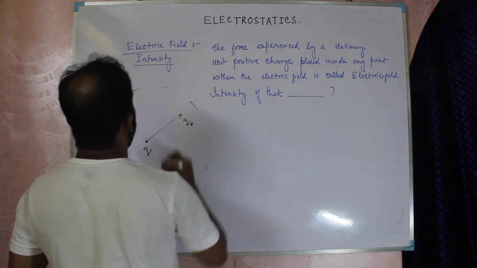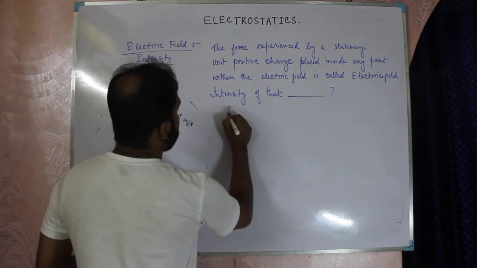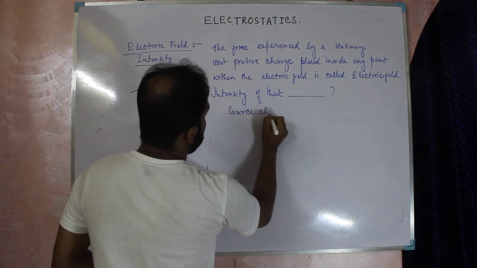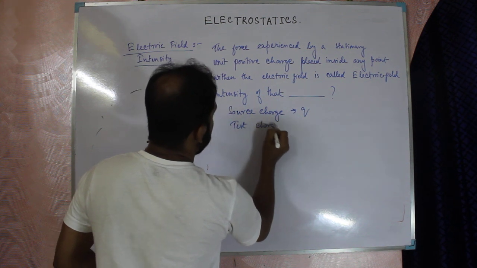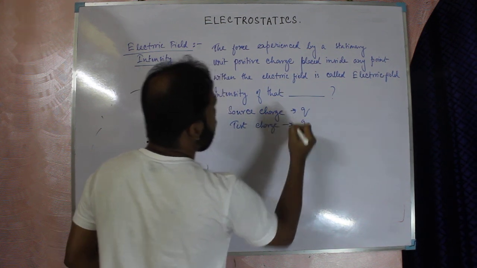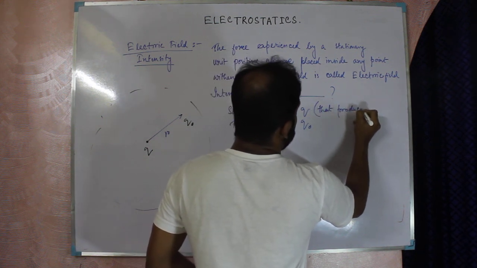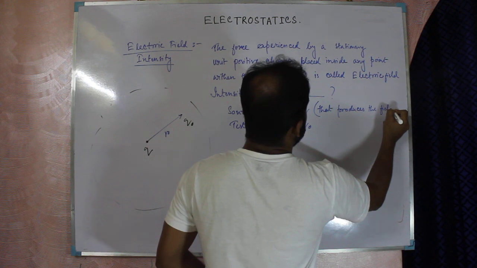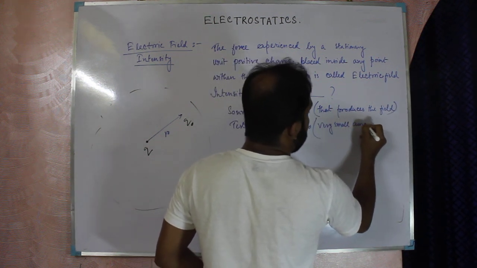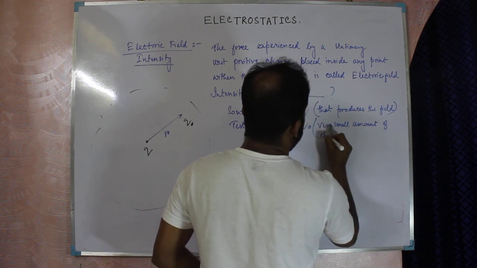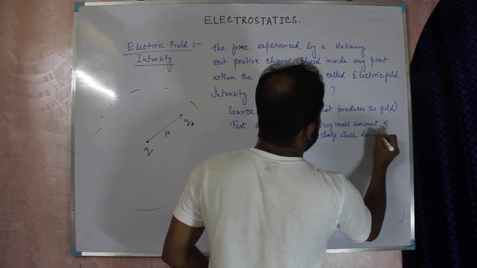Let the distance between the source charge and the test charge be r. Here the source charge is q, and the test charge is q naught. Source charge means that which produces the field. The test charge is a very small amount of charge which doesn't influence